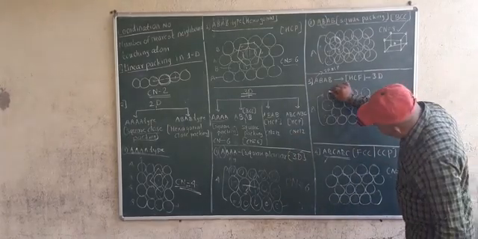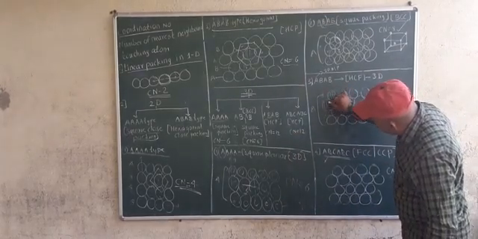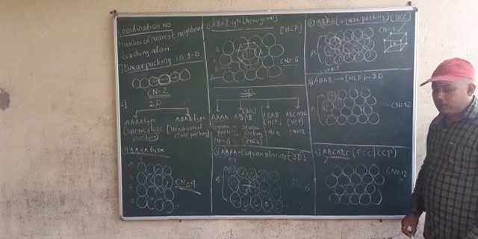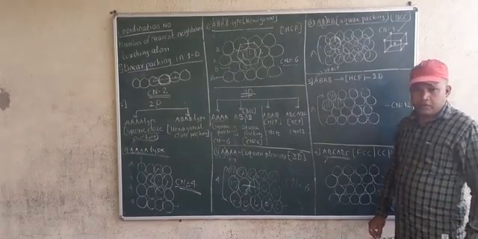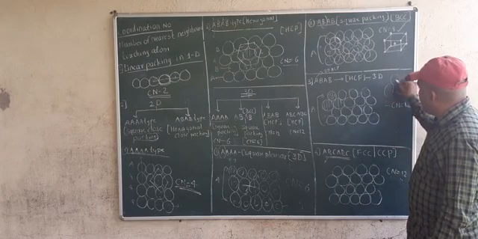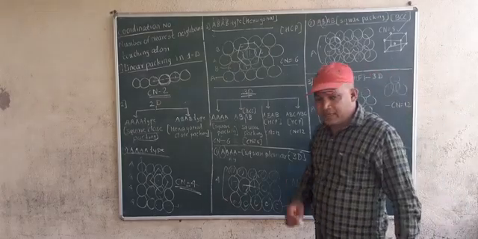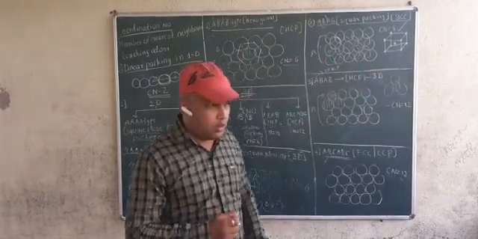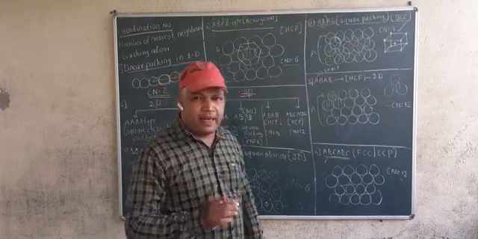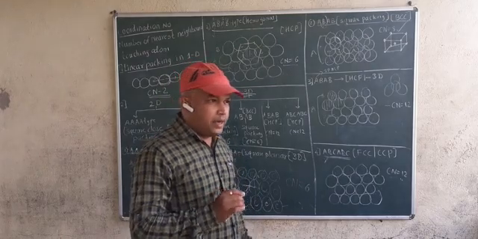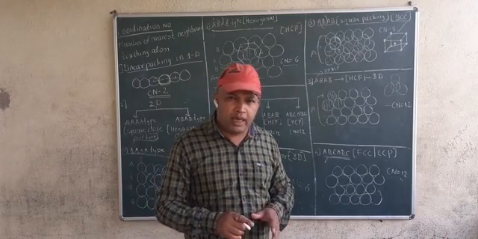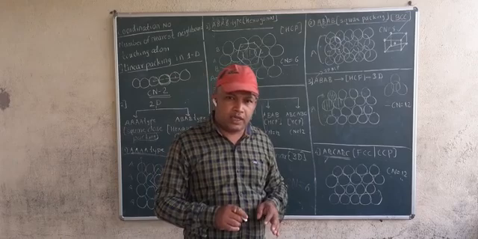So if this is one circle, the second and third circle, and if I look from this side, I can see one more circle downside. So total there are 4 circles here. 1, 2, 3, and one I am seeing downside. So there are total 4 circles. So this is called a tetrahedral void. A void created when 4 circles are touching each other. The void means a gap. A gap created when 4 circles are touching each other.